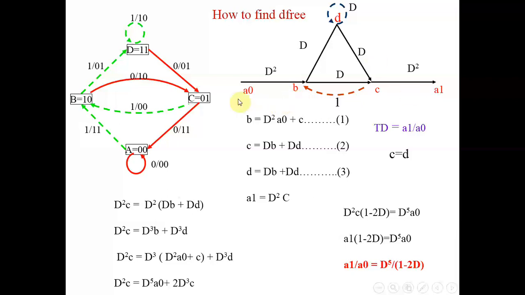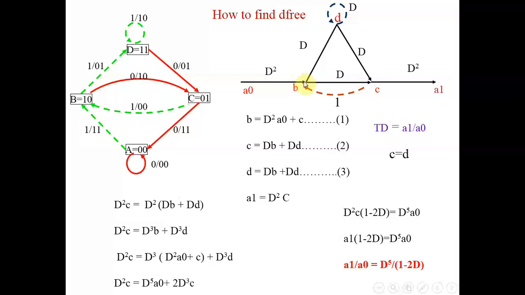Now see this diagram. It's very important, it's simple, but please understand. When I go from A to B, see how it is constructed. I get two ones. So I am writing that as D square, assuming that D is the distance between the two states. So what is the distance between two states? In terms of output I am calculating. So I am getting 2 ones, so it is D square, right?